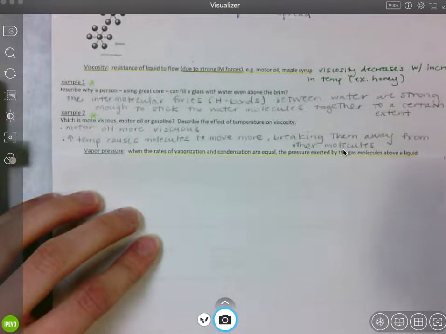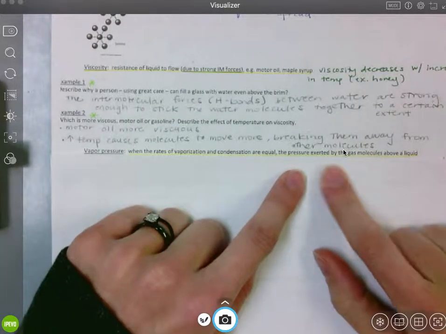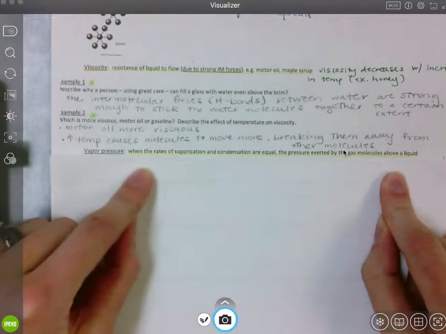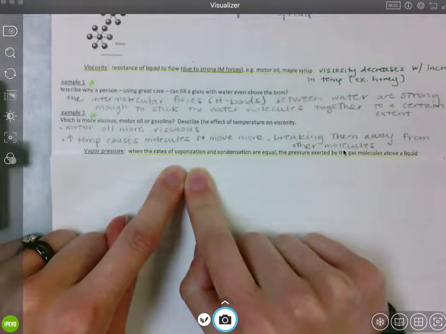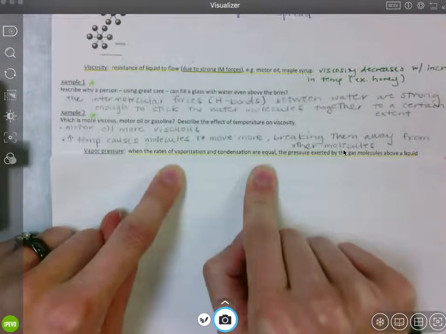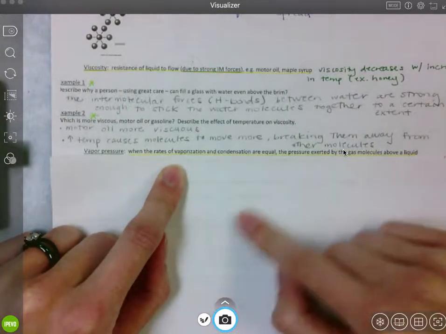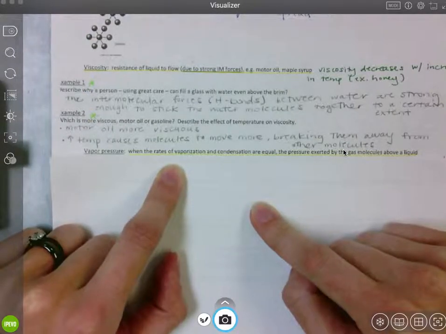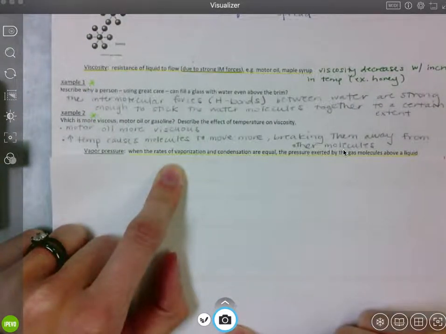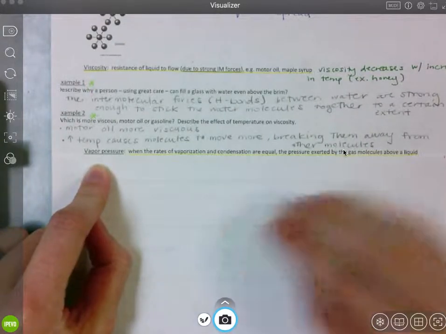and a gas in. And so vapor pressure is the pressure exerted by gas molecules above a liquid when the rates of vaporization and condensation are equal. So we have the same amount of molecules evaporating as we do condensing back into a liquid. So vapor pressure,